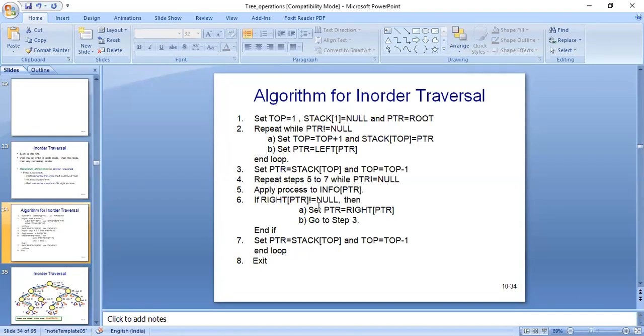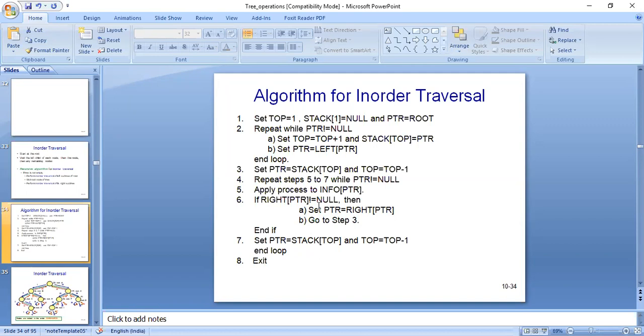Then afterwards we will backtrack, similarly as we were doing in pre-order traversal. When we are backtracking, we will pop and process the nodes on the stack, and if null is popped, then exit. If a node N with a right child is processed, set ptr equal to R.